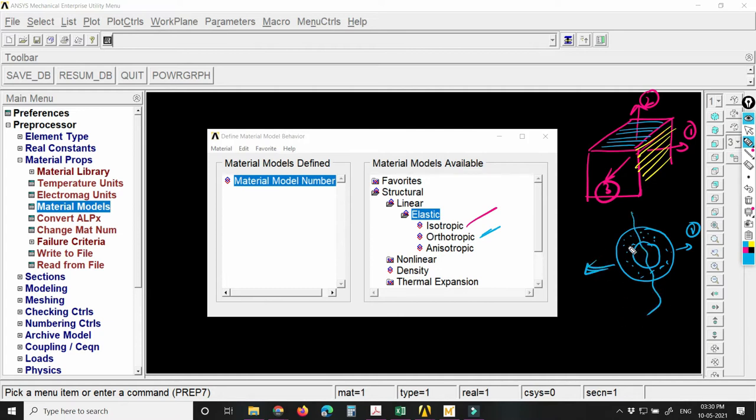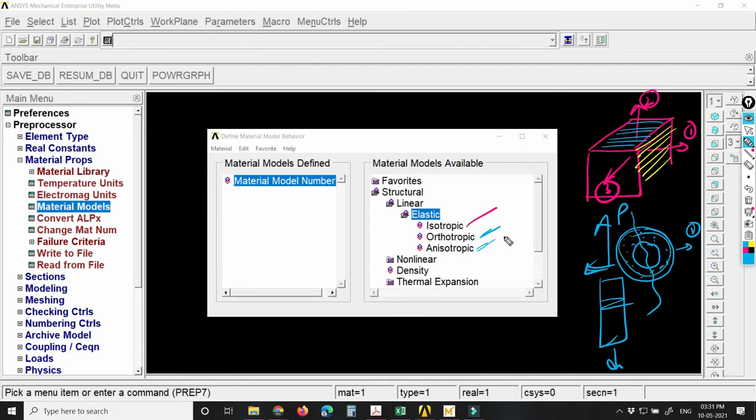But if I pull the bamboo along the longitudinal side, then it can take a much higher amount of tensile force, right? So it is not the same. So it will be a kind of orthotropic material, you can say.